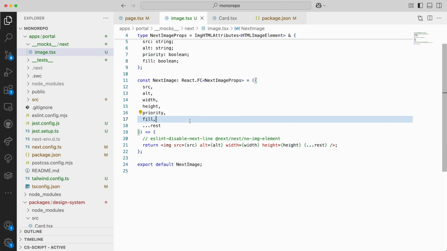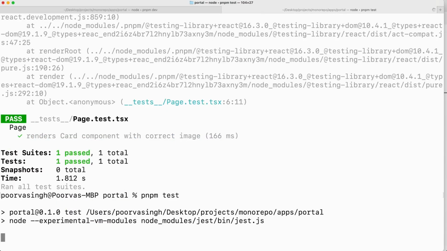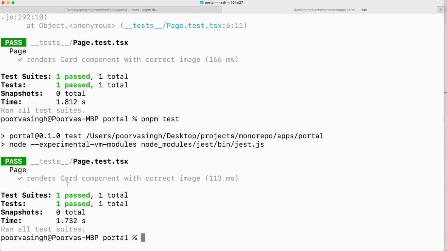So let's save it, go back, and rerun the test. So as you can see, now it just ignores priority and fill. Your test passed without any warnings. One more thing,